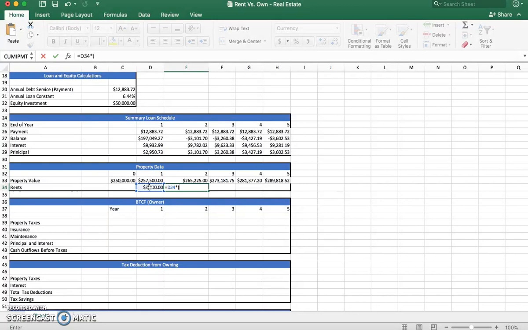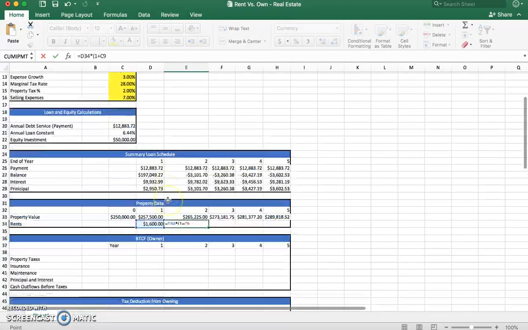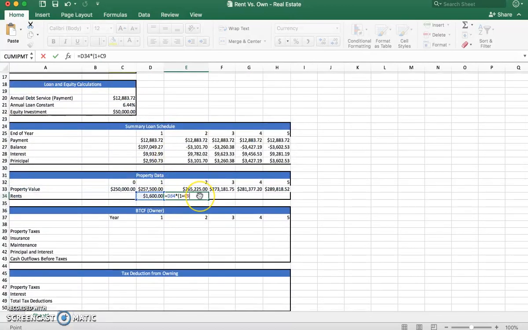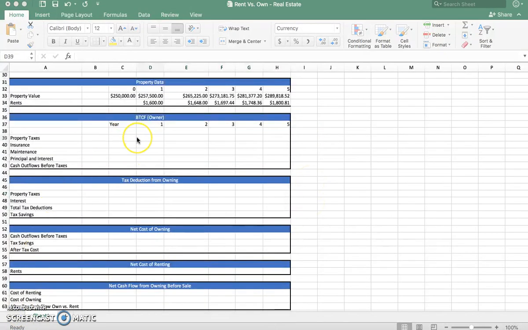Times 1 plus the rental growth rate, which also happens to be 3%, but it's a different cell. So we'll close that up, go back in, and lock down that value. And as you can see, that number has changed, and it should continue to change through year 5. Okay, perfect. All right, the next table we want to look at is the before tax cash flows of the